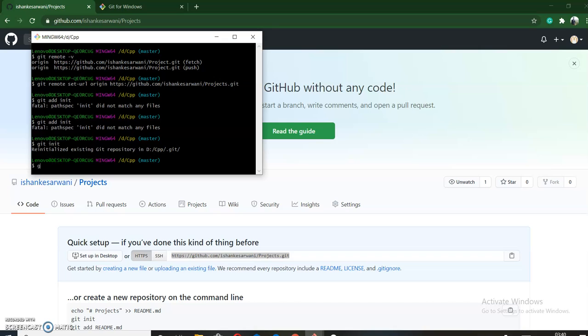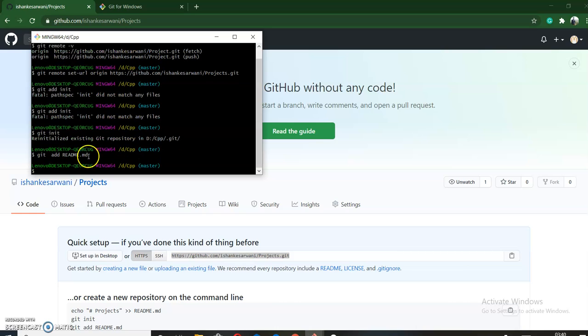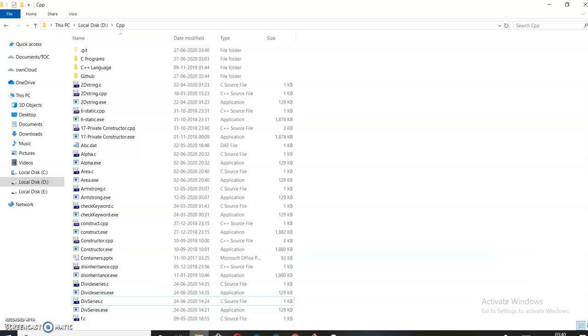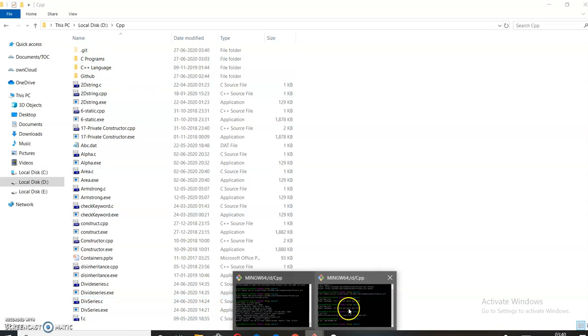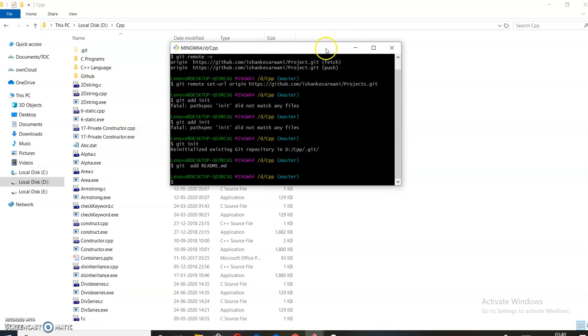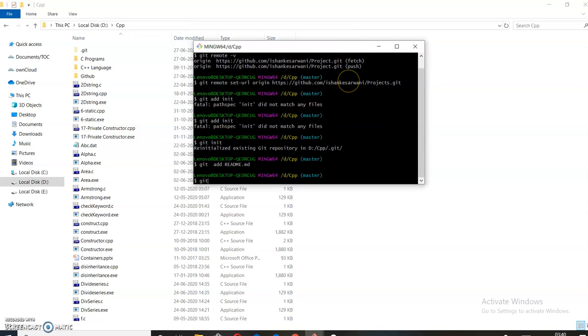and then I will create a readme file: git add readme.md, in small letters. Now add the file. Suppose I want to add this whole C programs folder. So I will just give the name of this folder: git add and within double quotes write C programs.